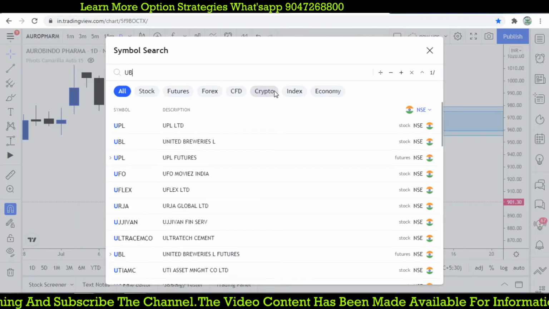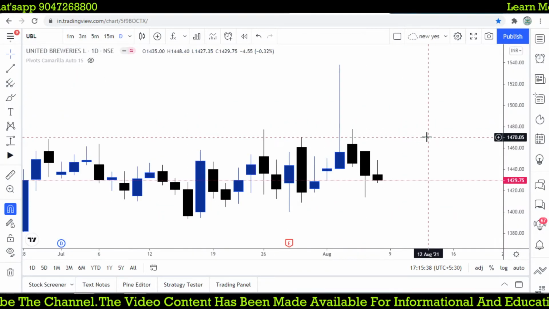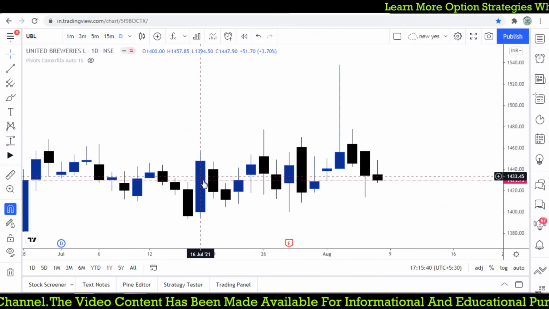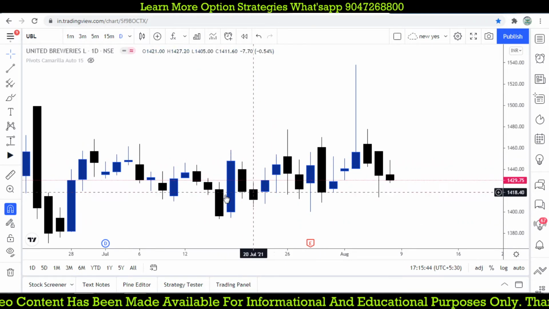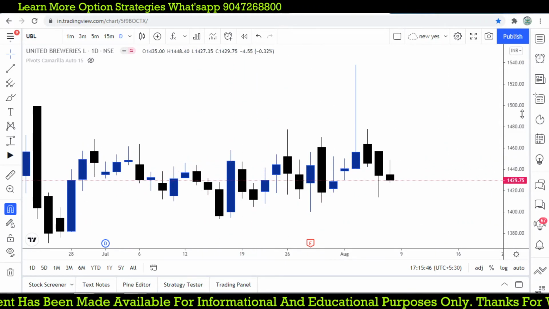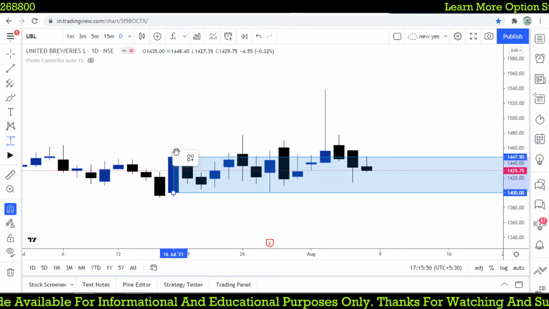And another stock, UBL, on the same date forms that kind of pattern. This is UBL here, right? On 16 to 19, the candle looks inside the previous day. It forms exactly as a candle inside.